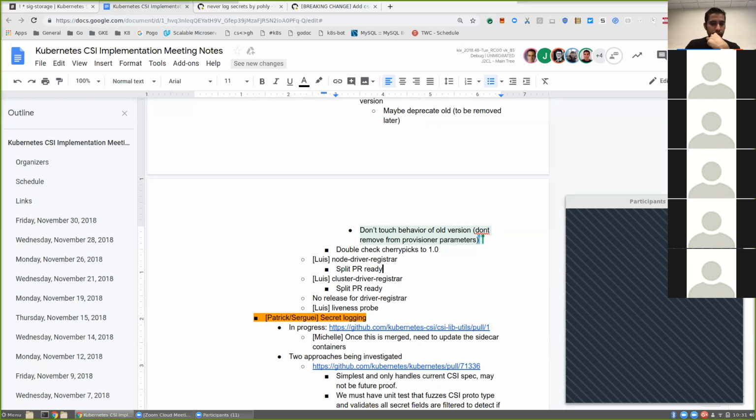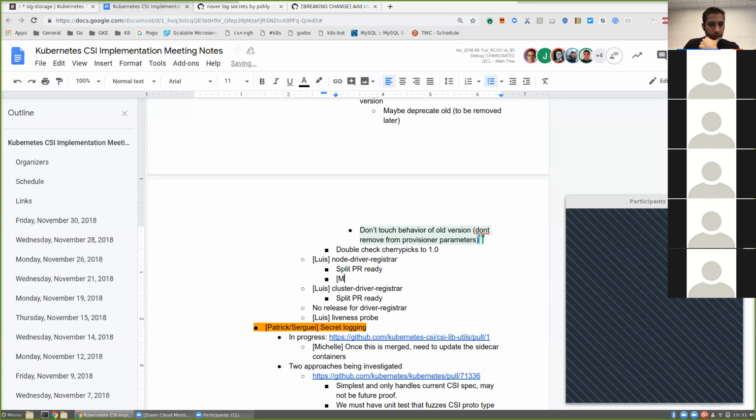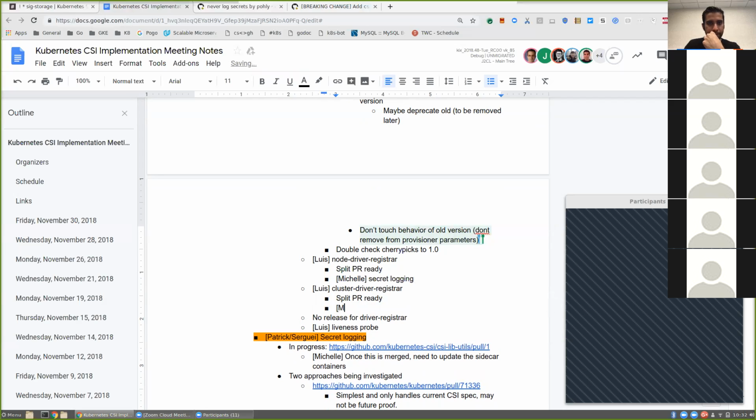Do we need the secret stuff on here too? This doesn't really use secrets, and it doesn't have access to secrets, but I think we should do it anyway. We should import the RPC logging library that strips out the secrets. It's a generic library that looks for the decorator field, and if the decorator field exists, it'll strip it. So even though this code doesn't necessarily need it, we should just do the right thing.